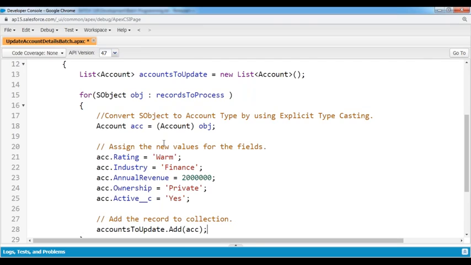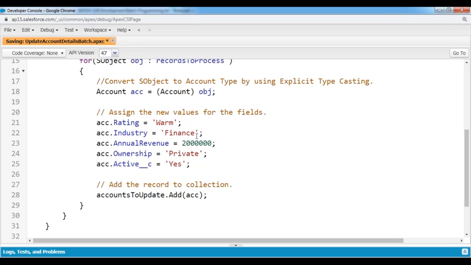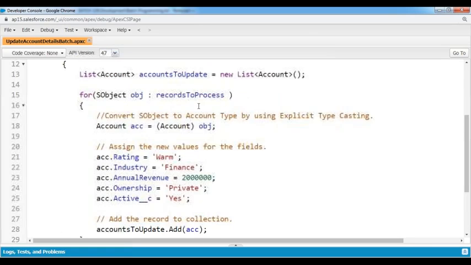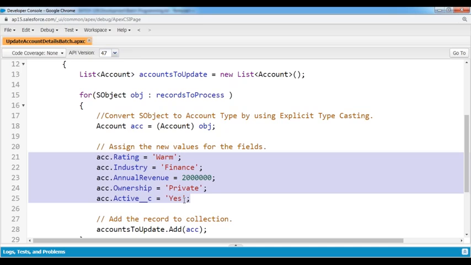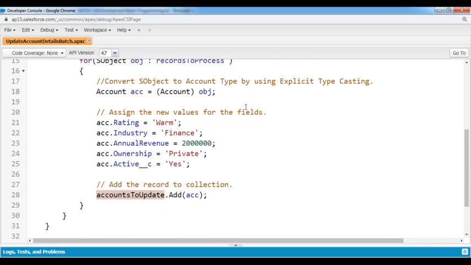So now in this case, what will happen? This for loop is going to keep on iterating till the complete batch of records has been iterated. It will collect the first batch record. For example, that batch has some 10 records. The first record it will collect, converting into my account type. It will be stored inside my ACC variable. I'm assigning the values for these records. That record I'm adding to my collection. It will go to the second sObject record, collect the second record, convert into my own type, assign the values, add to the collection. Like that, this process will keep on executing till all the records have been processed